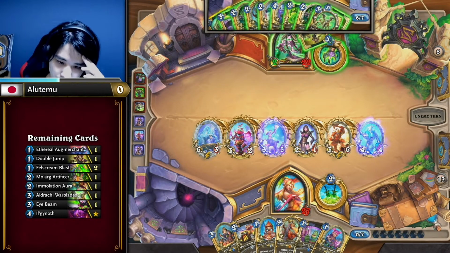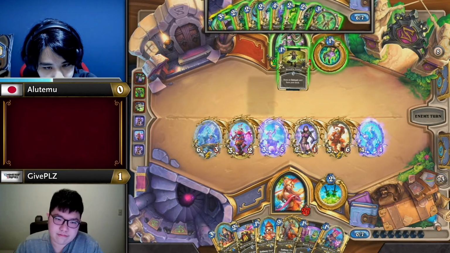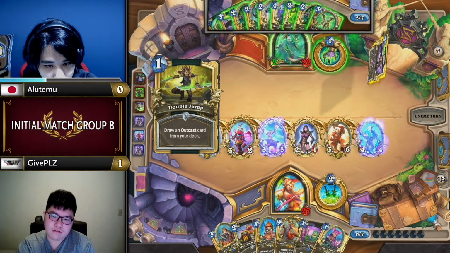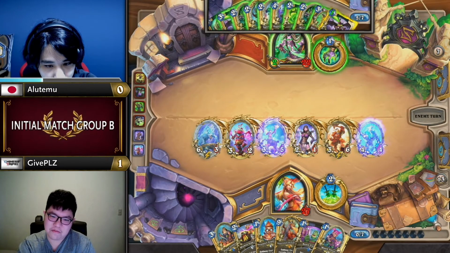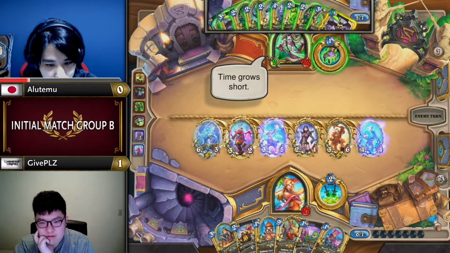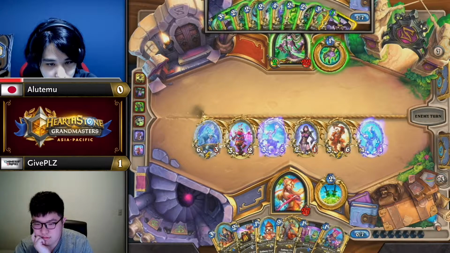That can find I-Beam, or is guaranteed to find I-Beam right at this point, which is a big deal with the Moargs as well. You can at least heal up a little bit while clearing off some of the board. Yep. Oh, but is some enough? We're looking at this Wicked Stab in GivePLZ's hand, One Thief to potentially pick up even more burn. And Alutemu has not hit the second Immolation Aura, so